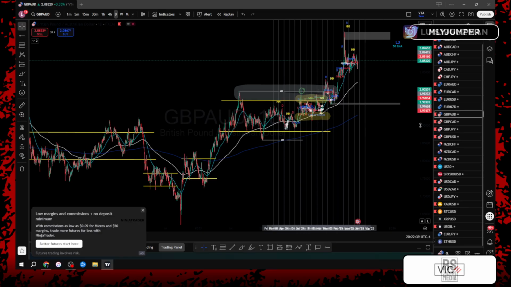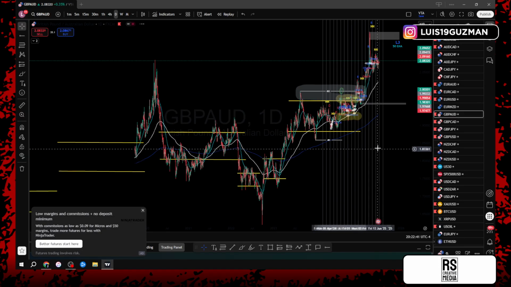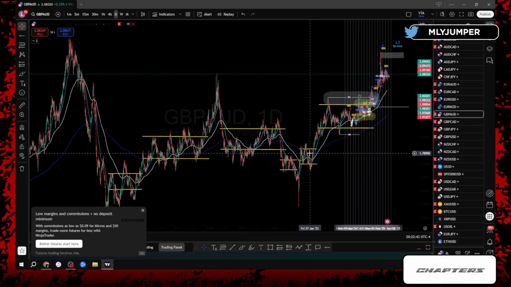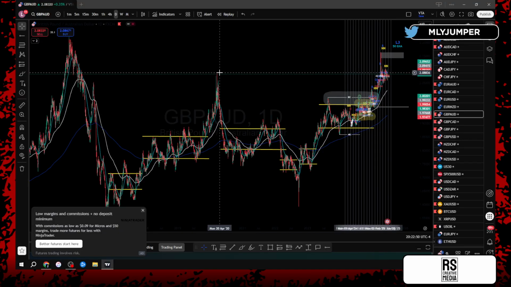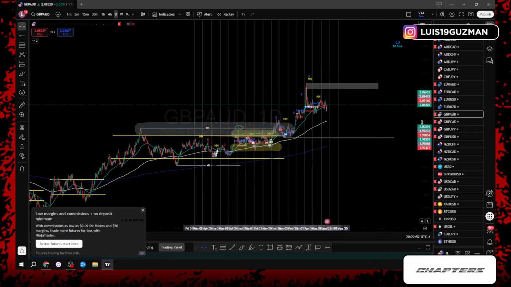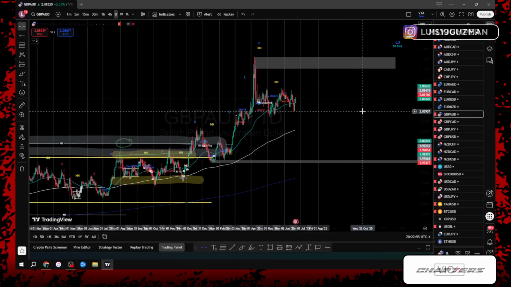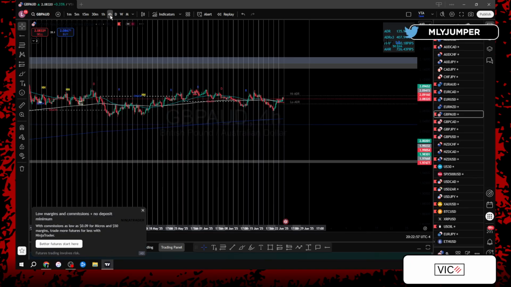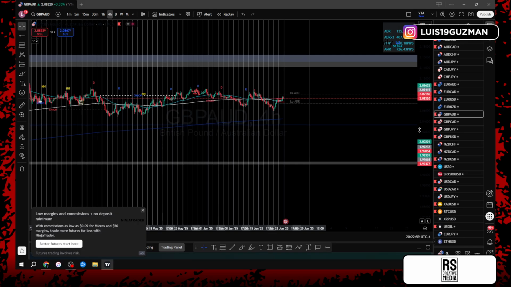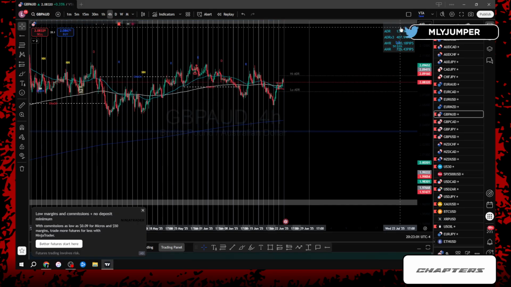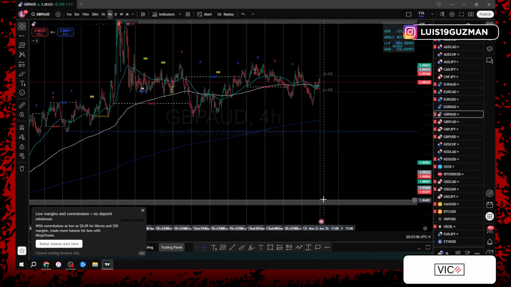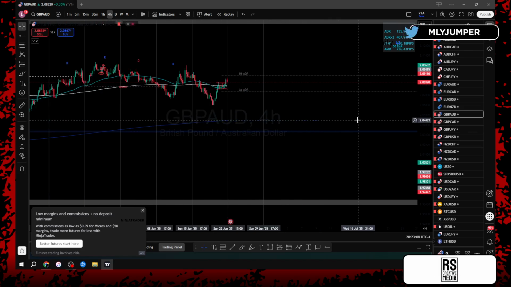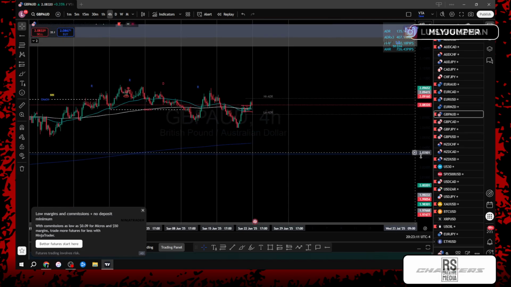So GA, we're in level 3 in an uptrend, right? We had push 1, first zone of consolidation, push 2, second zone of consolidation, and we have push 3, which broke the previous peak high, right? So we're already in peak high territory. So GA, I'm not really trading it. Again, pairs that are in peak high territory, I don't really trade, excluding obviously the indexes and the commodities. But the Forex pairs, we tend to stay away from them as much as possible, especially when they're in peak highs or peak low territory.